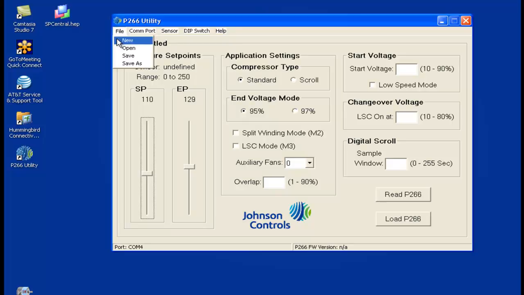File gives us four options: New, Open, Save, and Save As. New is for when you want to create a brand new file, which we will do in a little while. Open is for when you'd like to retrieve a previously configured file. Use this option if you are programming more than one P266 fan speed control and you want the same parameters loaded into each device. This would be ideal for the OEM who needs to program multiple units on the assembly line. The Save and Save As are used to save the unique configuration you just created in a file name